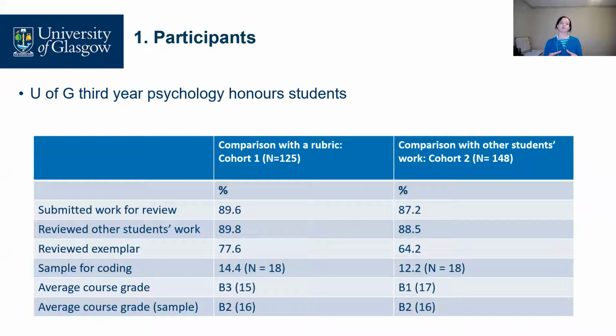And then we took a sample of each of these cohorts and analysed their comments. So we used Europa, which allows us to download and analyse the comments, and for all of that to be done fairly anonymously. We did look at grades though, of the students that were in the sample, and made sure that the grade distribution was similar and the average grade was similar for each cohort. However, for each course, the overall grades did differ slightly. They were in the B category, but one was higher than the other.